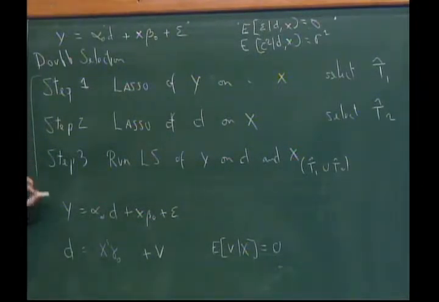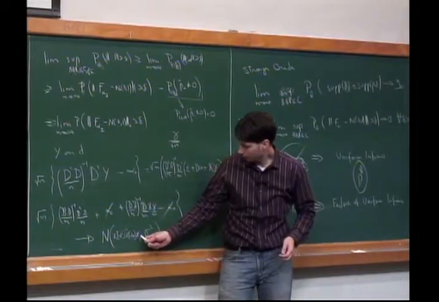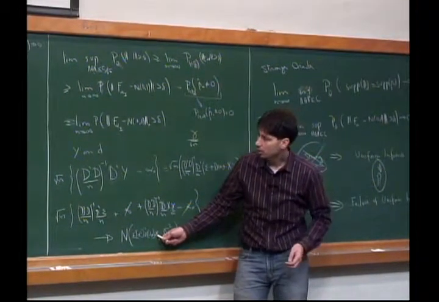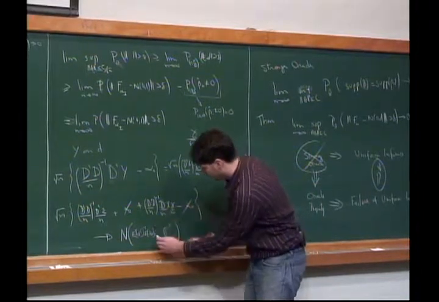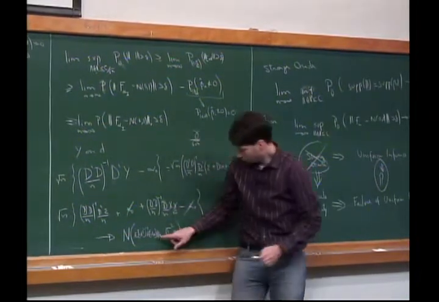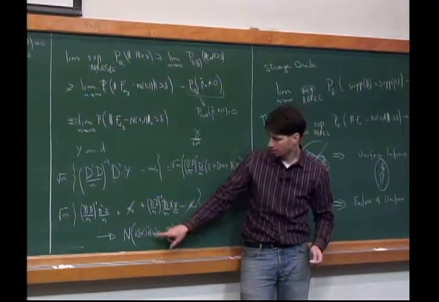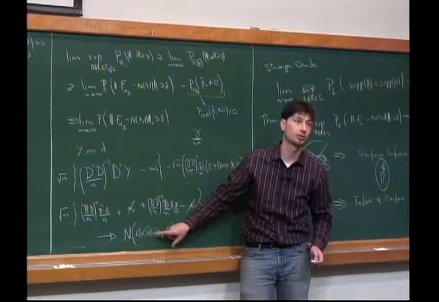First step, you pick up things which are good to predict y. Second step, you pick up controls which could introduce extra variables, which could produce omitted variable bias. And as we're going to see, what's going to matter for my final calculation is the product between, so gamma here was the beta, right? Was beta n. Is the product of beta n and the correlation between d and x.